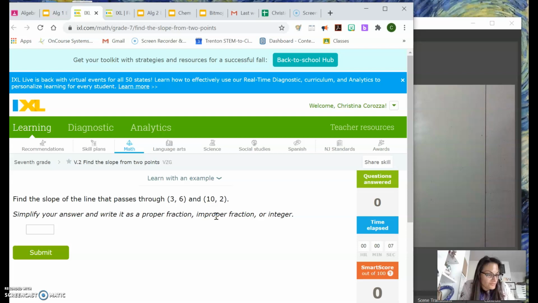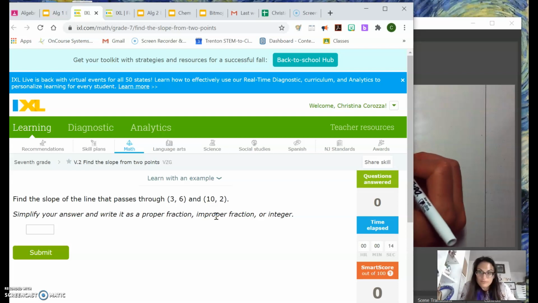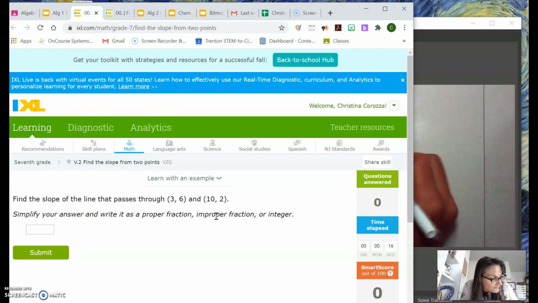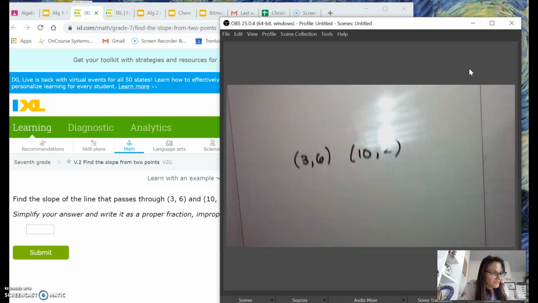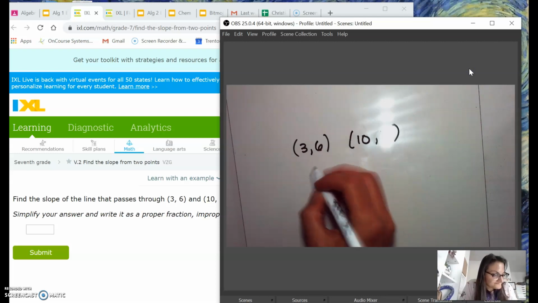My points are 3, 6 and 10, negative 2. Okay, the big thing here, when you have a negative number, is to make sure that you're doing the negative number part right. Okay? All right, so the slope formula, we call it